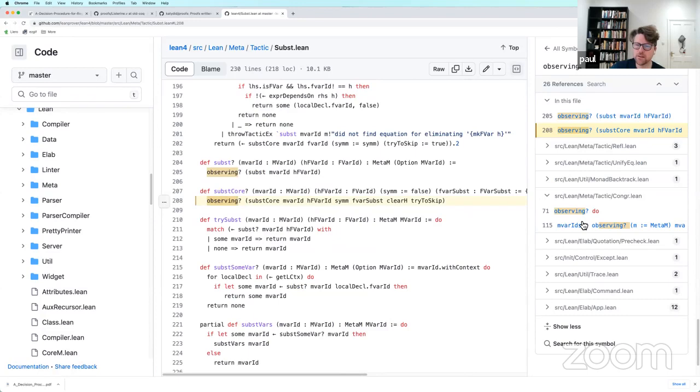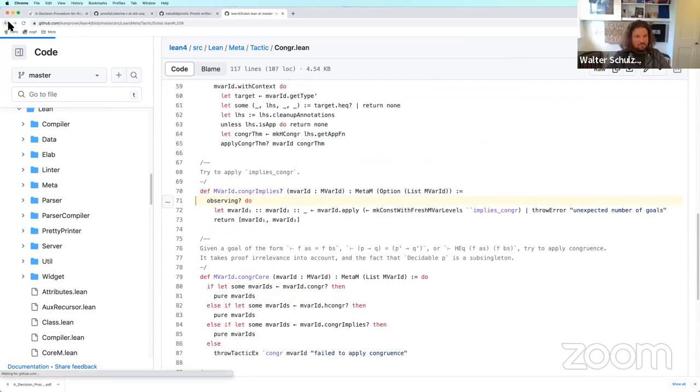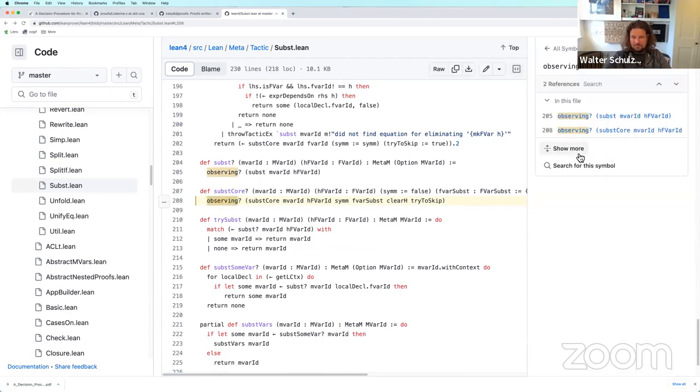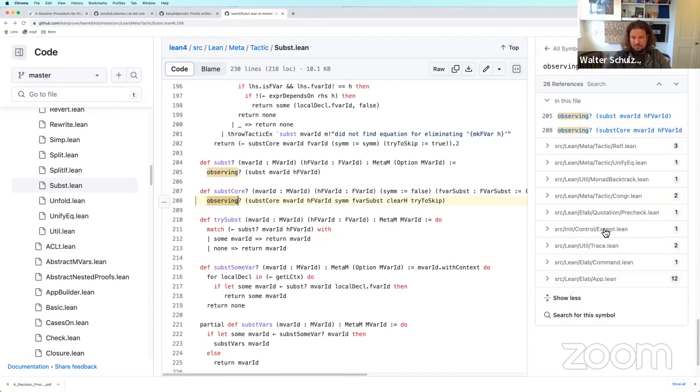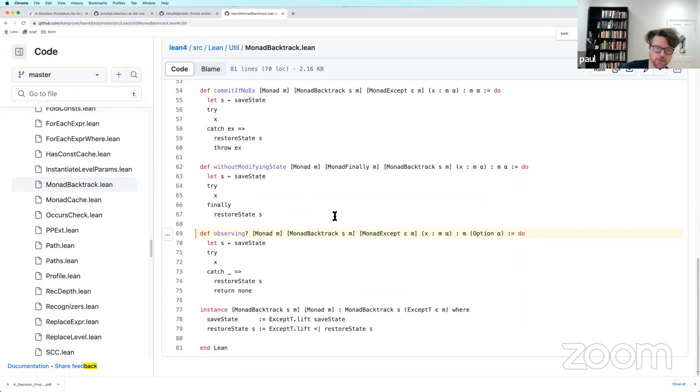Monad backtrack. Where did you see backtrack? Oh, there. Oh, there. Nice. Seems to be where it was defined.